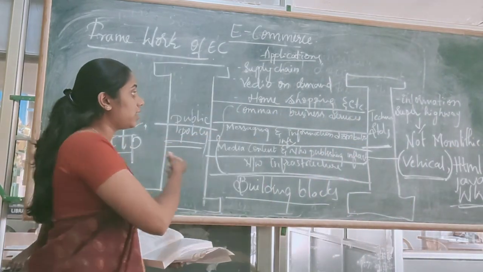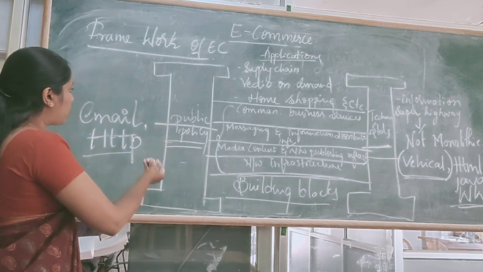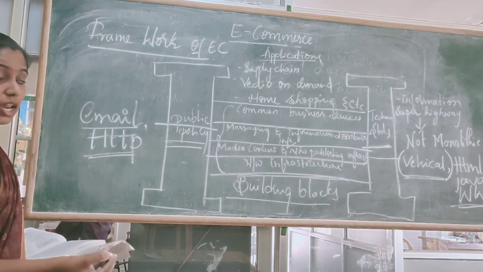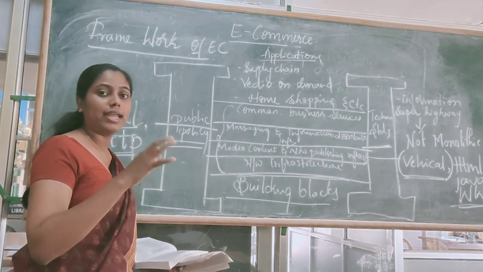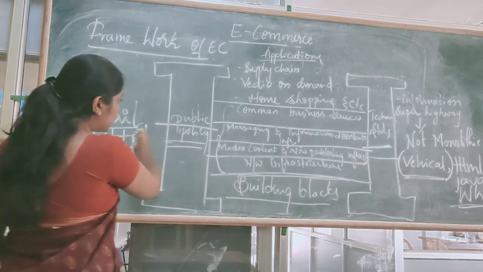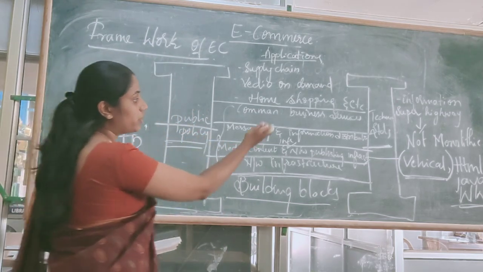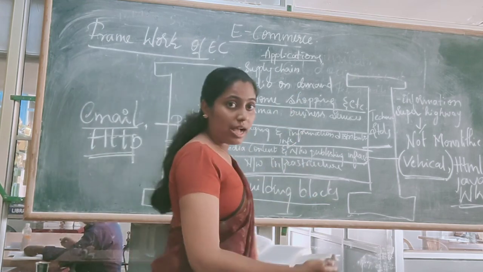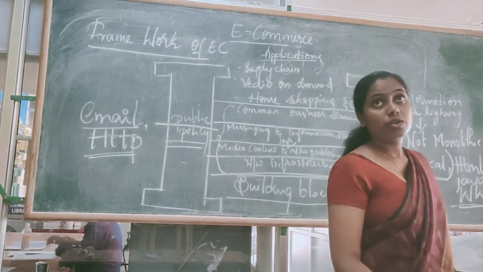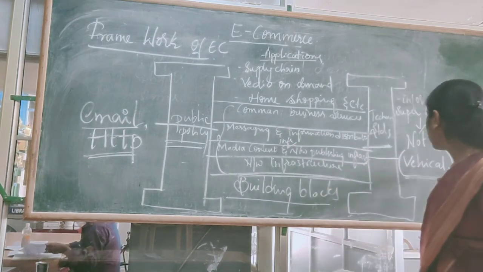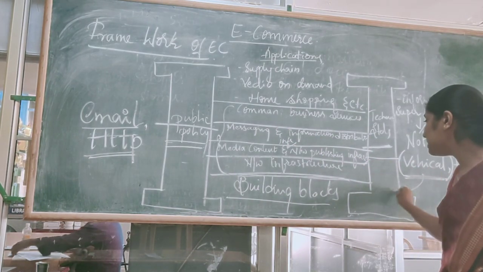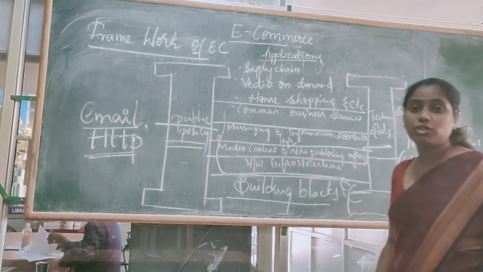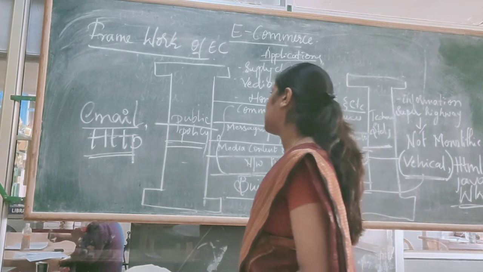So see now, we have the message in the form of email or in the form of HTTP or any other protocol. This message is put in the vehicle. What is the vehicle? HTML or Java or www. So this information is put in the vehicle and it is sent to the node. What is the node? That is the information superhighway, that is the network infrastructure.